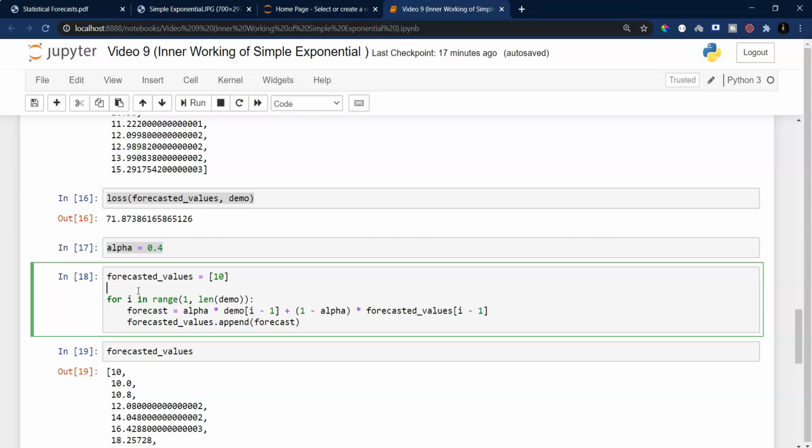So what dampening does is, after a certain point of time, it will move that trend in the opposite direction. For example, if your time series is just increasing, dampening will, after a certain point of time, start to decrease that particular time series data.